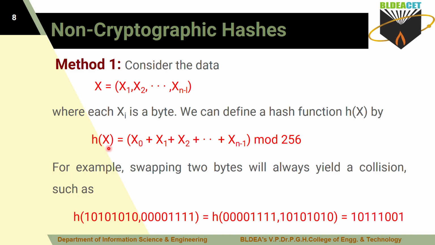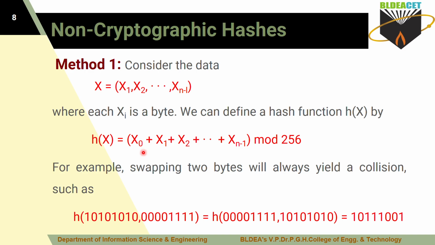So this is one simple function used to generate a hash value, and here you are not using cryptography. You may ask, madam is saying no cryptography, what does that mean? It means you are not using any encryption or decryption techniques here. You are just generating the hash value with the help of this function. Now we have to tell whether it is good or not, because we have to compare it with the cryptographic hash function.